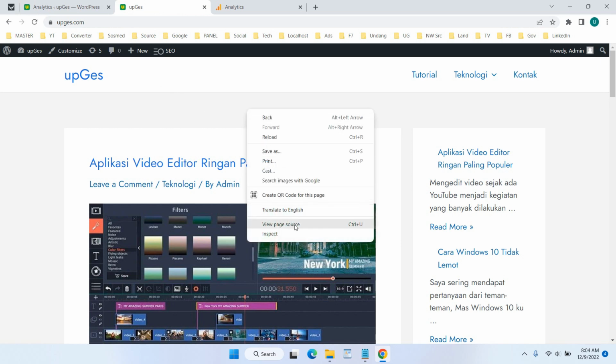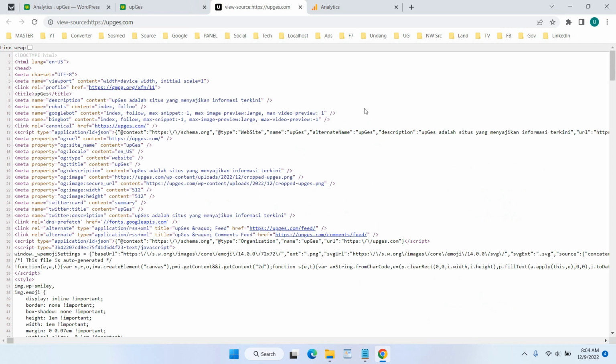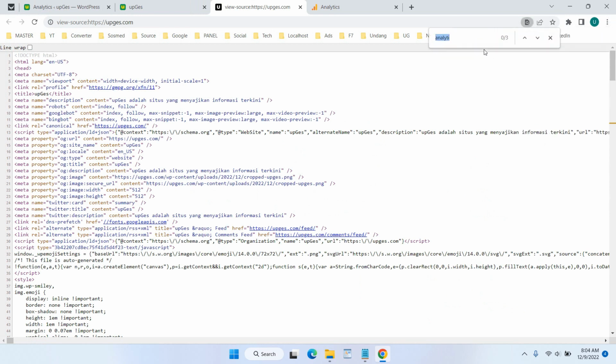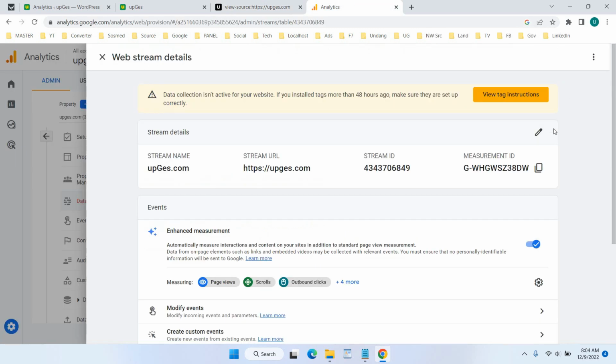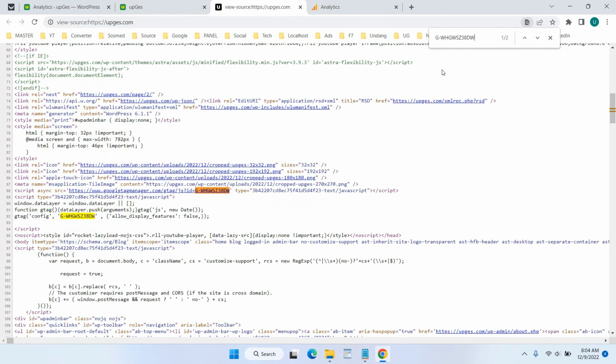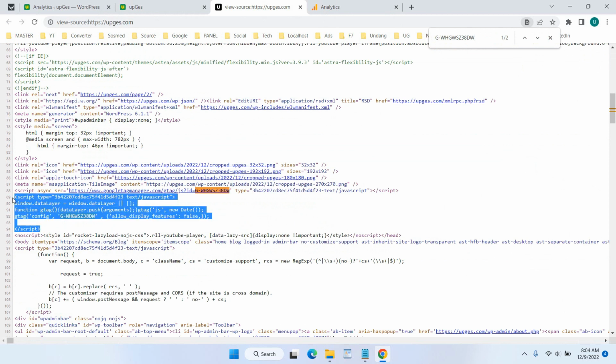You can press Control plus F on your keyboard, or you can just click this and select Find, then copy your measurement ID and paste it here. You can see your Google Analytics has been placed on your WordPress website